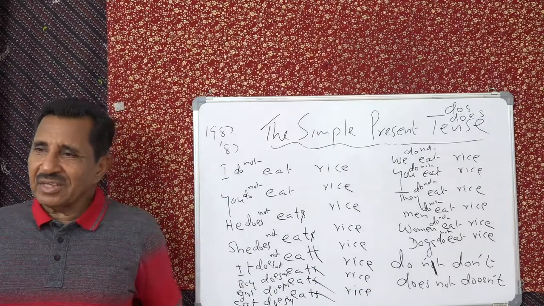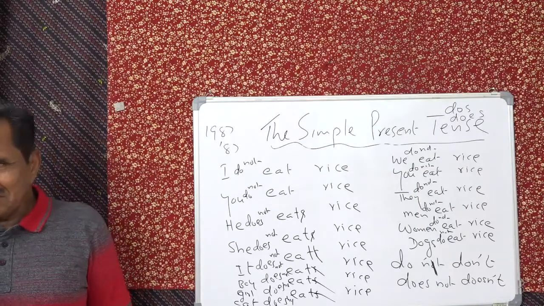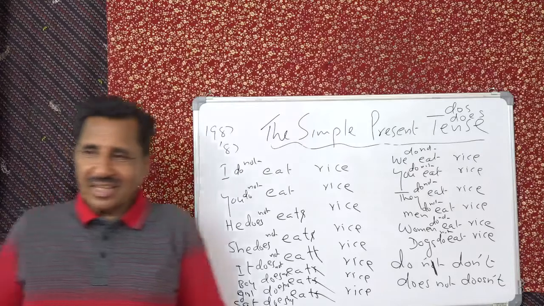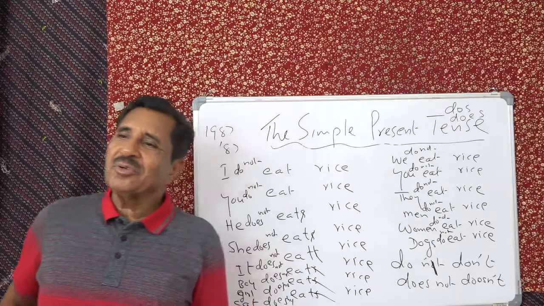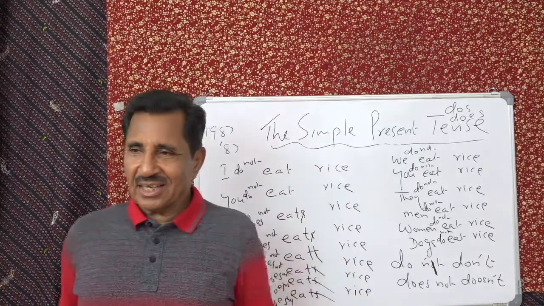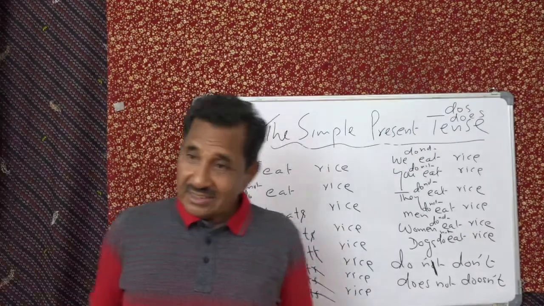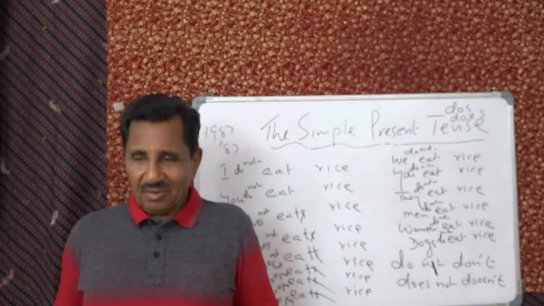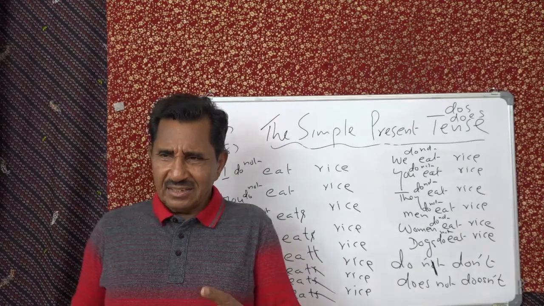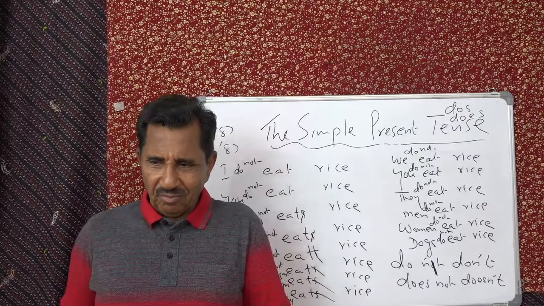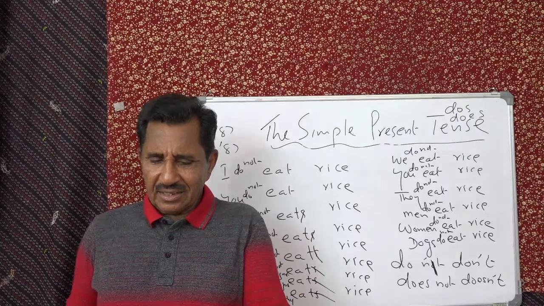And the short form is very easy. Again, don't, doesn't. Simple. Is that clear to you? Yes? So we have seen simple present, the form, and also negative. Try making as many sentences as possible negative. Write down 10 sentences, or make 10 sentences using simple words like sing, jump, run, words that you know. Eat, sing, run, jump, read, write, swim,